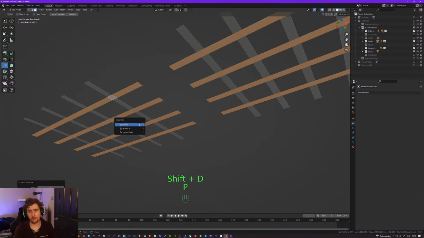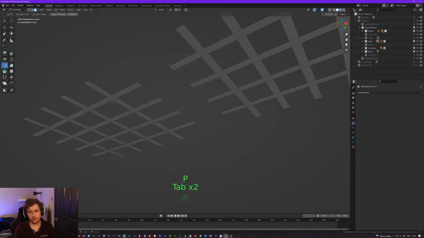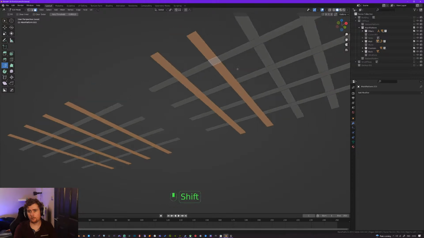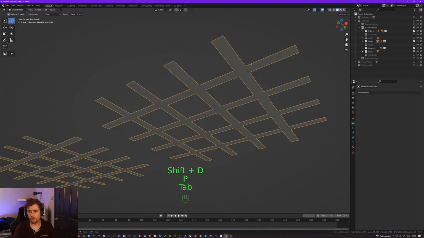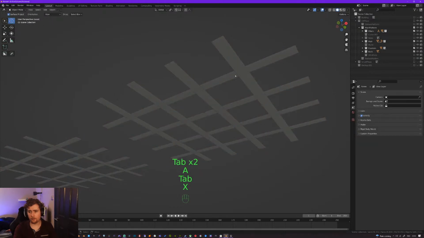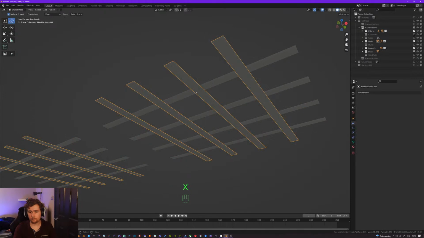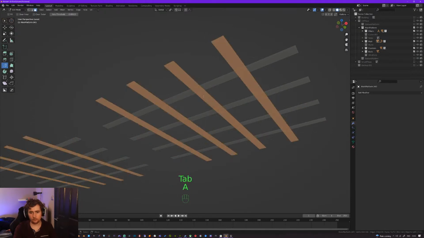Those should be duplicated and separated, and then in here duplicate and separate those, and then delete that one. I'll make them